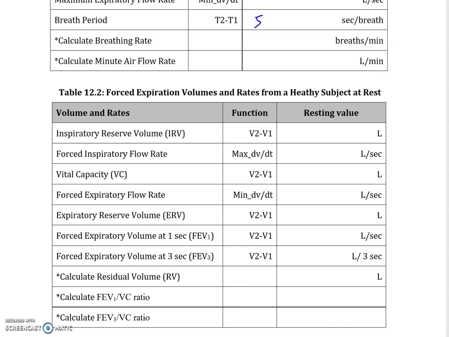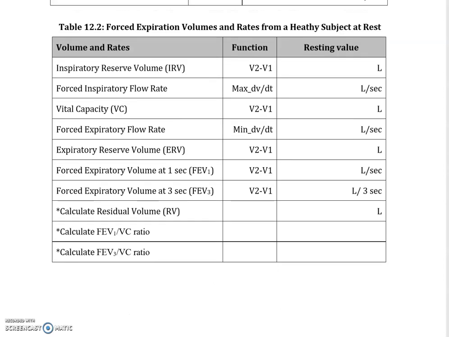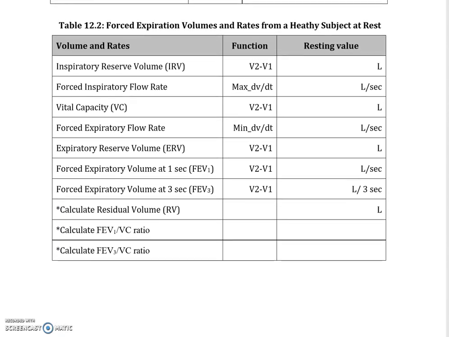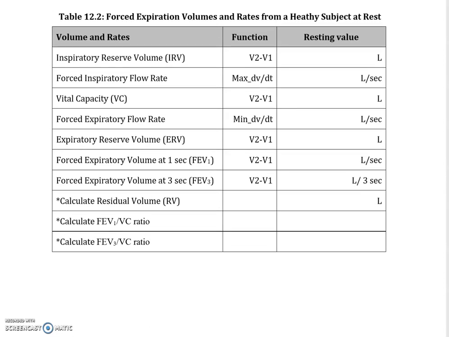Then we would take the calculated breathing rate, which would be 60 divided by 5, and that would be 12 breaths per minute. And then, if you have the tidal volume, you can calculate the airflow rate. And so now in table 12.2, you were supposed to calculate the forced expiration volumes and rates from